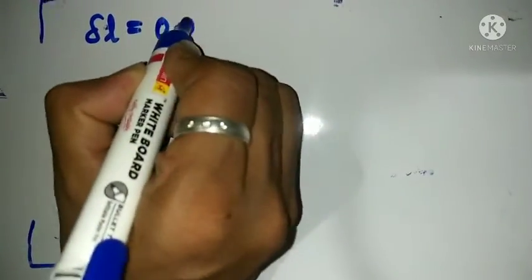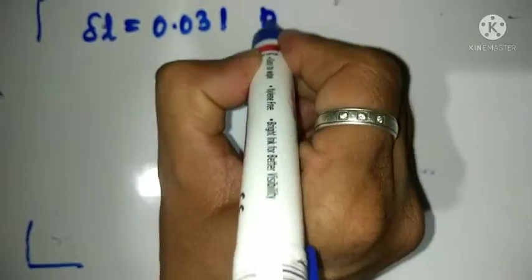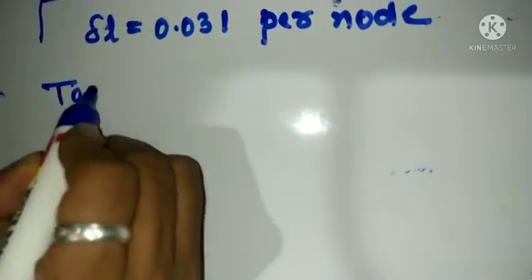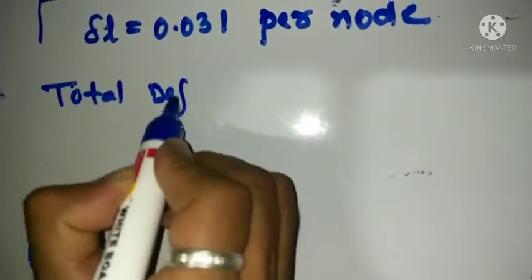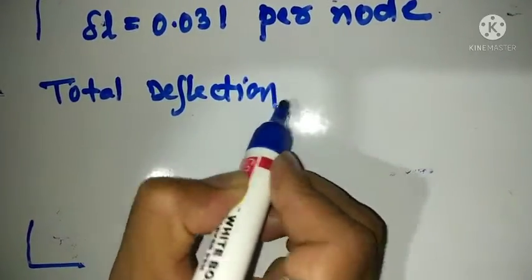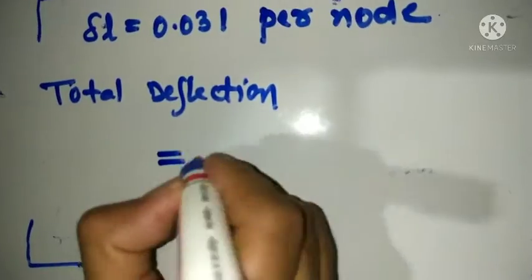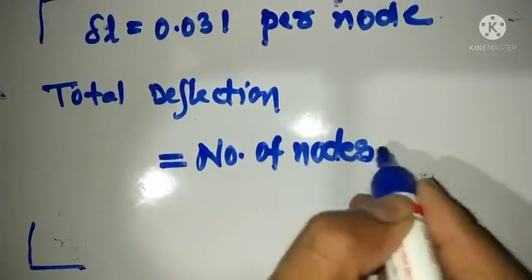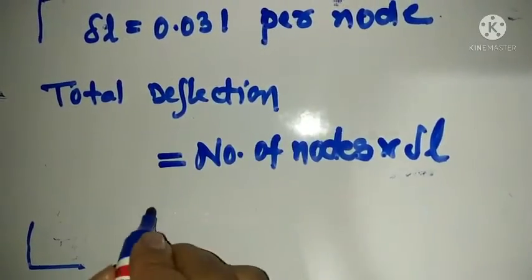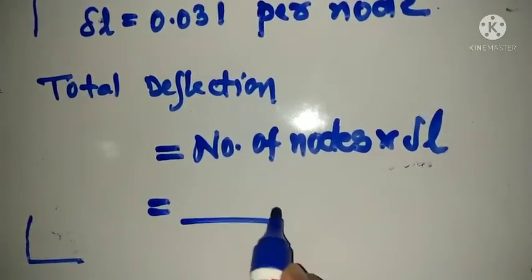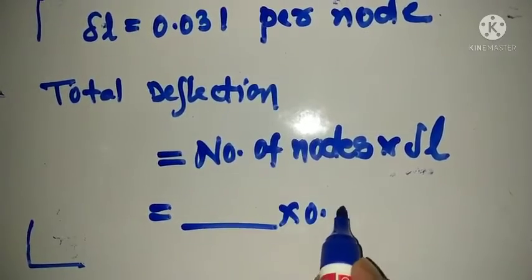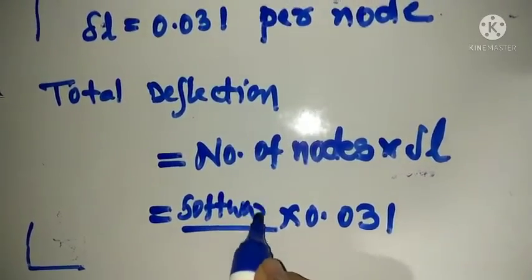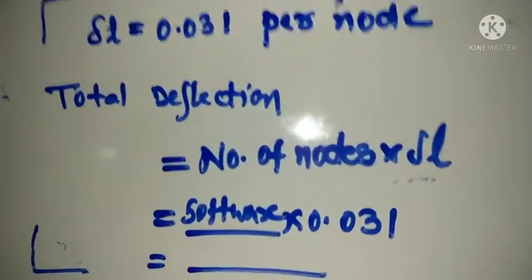Now the change in length we have got is 0.031 mm. This is per node. So how many nodes are there? The software will tell us. So we have to multiply the number of nodes with this deflection, so we can get the total deflection in the square or rectangular bar. The number of nodes we will get from the software. So the final answer